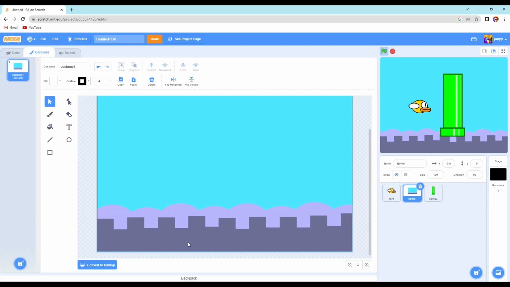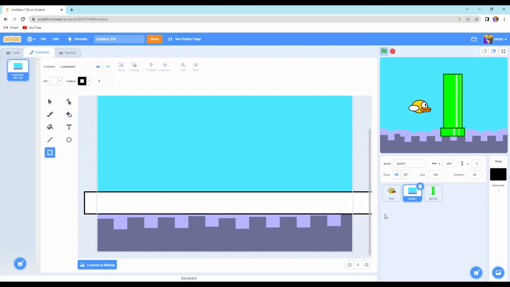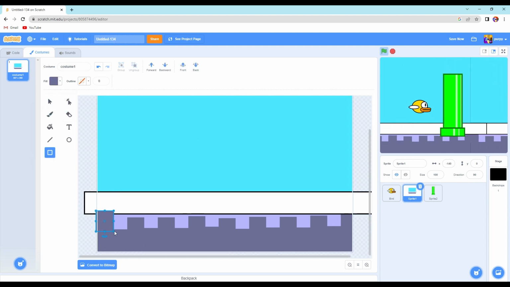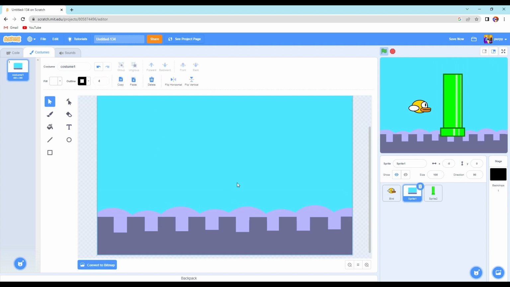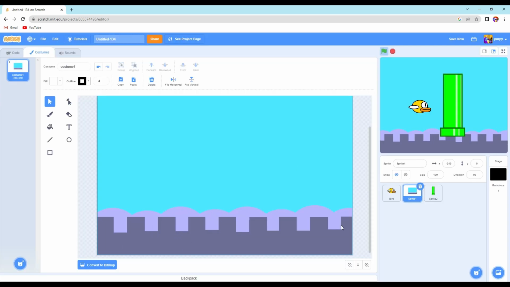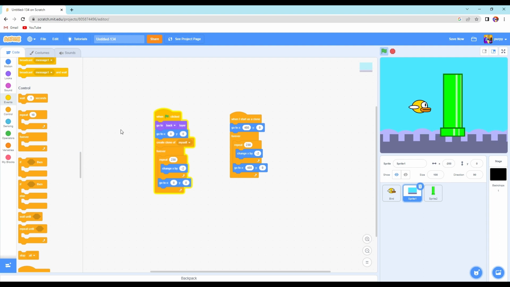Okay, this is clearly not even. You have to make sure the bottom's even so it looks right. Okay. Watch this. Okay, this looks better. And it's less noticeable, except the clouds make a difference. Whatever. Now that we have the background moving, let's add some